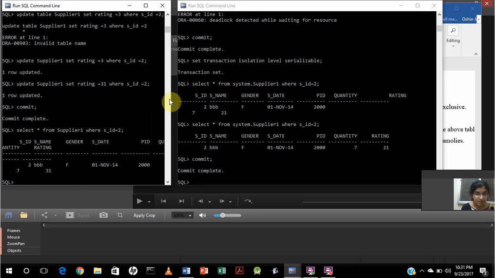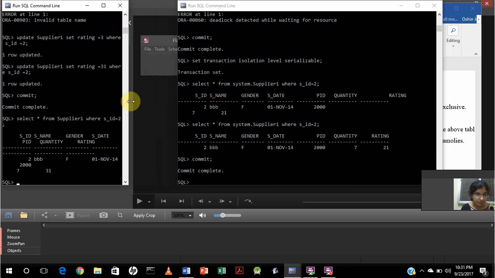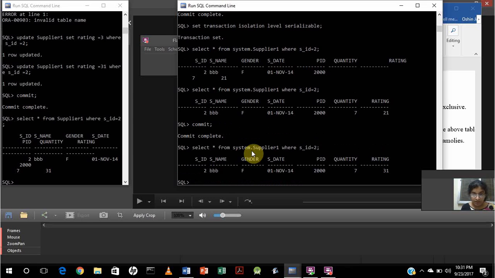So I've read some data, and what happens is that this data is being read, but without committing that data, I start overwriting on this, so I get unrepeatable reads. So what I do, I read the previous data, and then